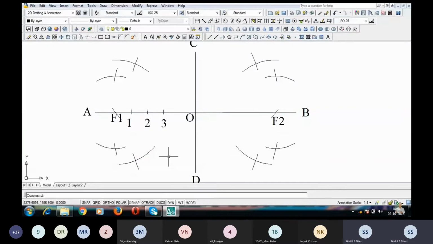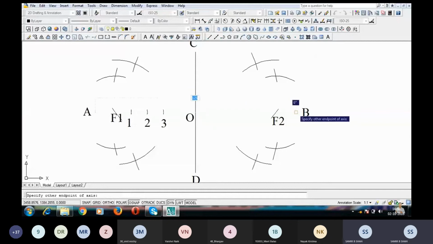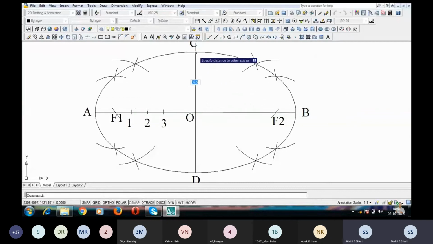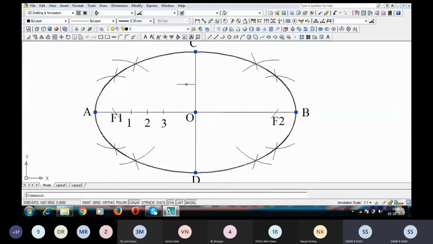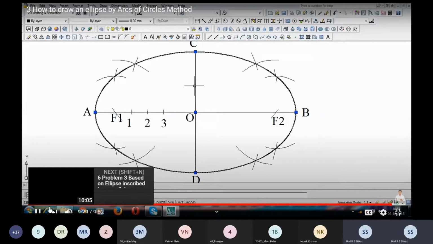That's it, guys. Now you must have got a brief idea as to how to go about your task. You can repeat the same process for point 3. You're going to have a point over here, over here, over here, and finally here. Okay, and finally you need to join all these points with the help of a smooth curve. You can make use of a French curve, or I usually recommend students to exhibit their artistry skills by joining these points with the help of a smooth curve freehand. All right, and finally it should look something like this. So this is what you call an ellipse construction with the help of arcs of circles method.